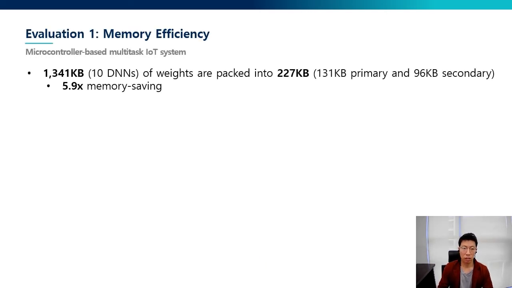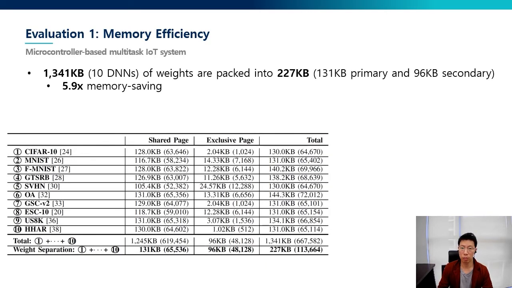The first experiment is to evaluate how much memory usage can be reduced by the proposed weight separation. This table shows the memory usage of the multitask IoT device, where the weight parameters of 10 DNNs are separated into shared and exclusive weight pages. The result shows that the weight separation improves the memory efficiency by 5.9 times, where